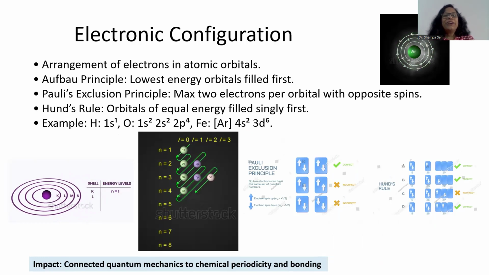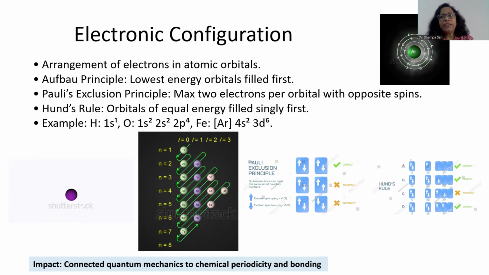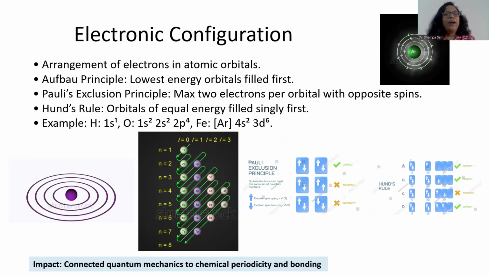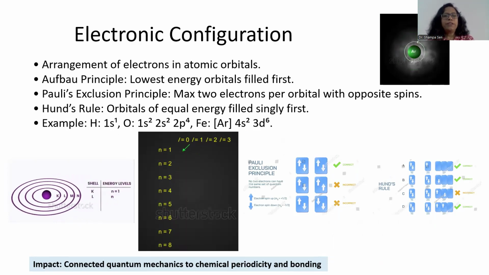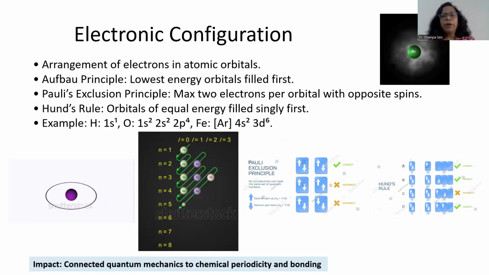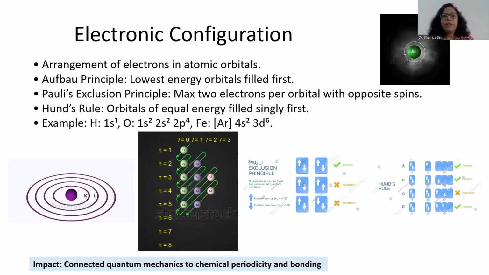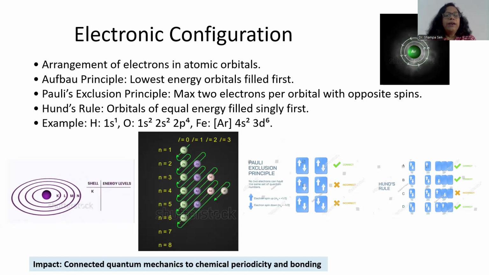So, electronic configuration: we were discussing the arrangement of electrons in atomic orbitals, how they are arranged and how we calculate that. The Aufbau principle says that the lowest energy orbitals are filled first. Then Pauli's exclusion principle tells us that a maximum of 2 electrons with opposite spins can be in an orbital. Hund's rule tells us that orbitals of equal energy will be filled singly first, that is half filled, because they can